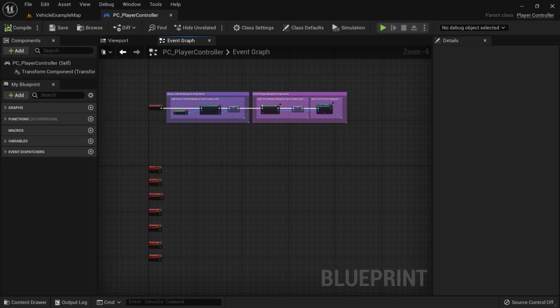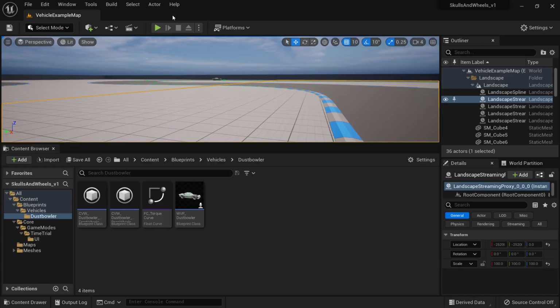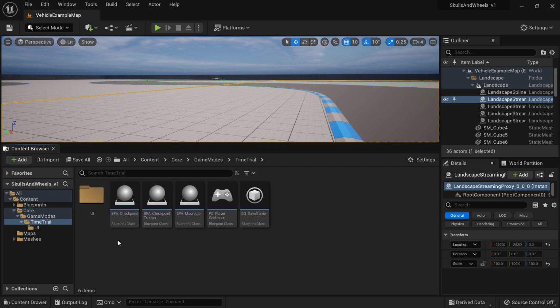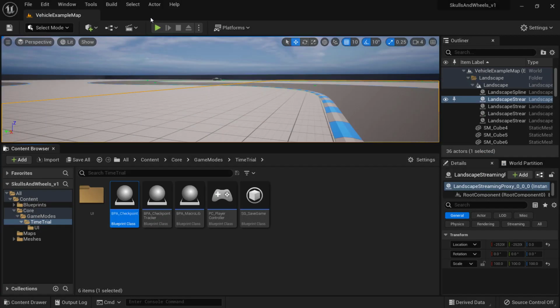And then we are going to make our checkpoint. Now I'm going to close this, go to blueprint, go to core, game modes, time trial. Now we are going to open up this checkpoint blueprint,